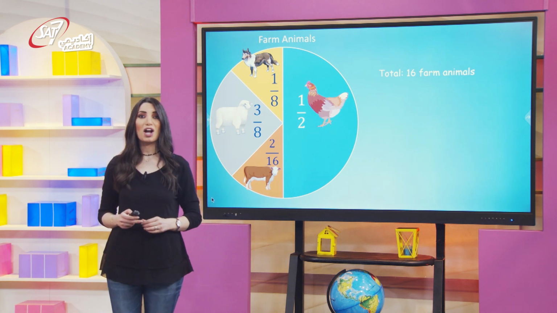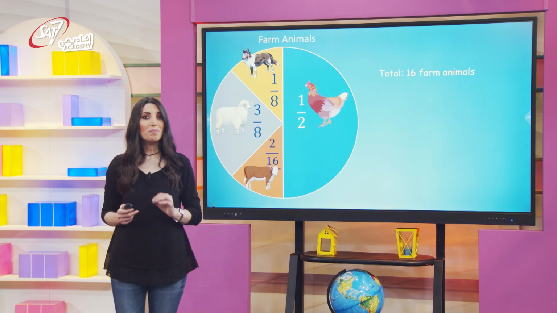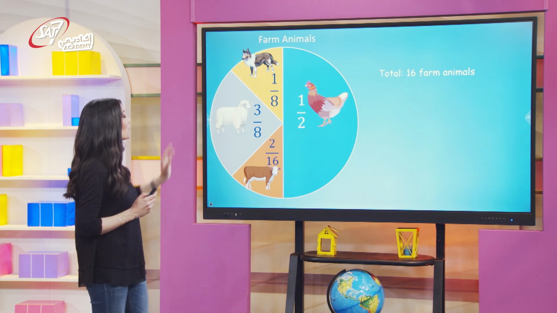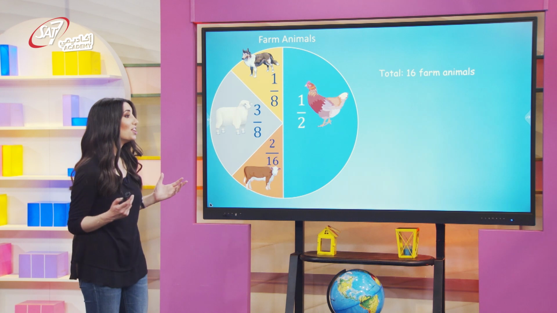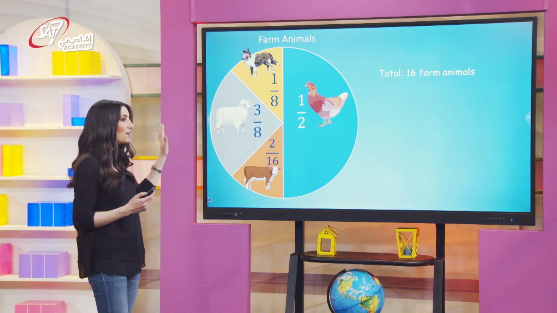Which animal does the farm have the most of? Which animal do they have the least of? Let's compare by only looking at the graph. There are chickens the most. We notice that they make half the animals, and all the other types fit in the other half of the